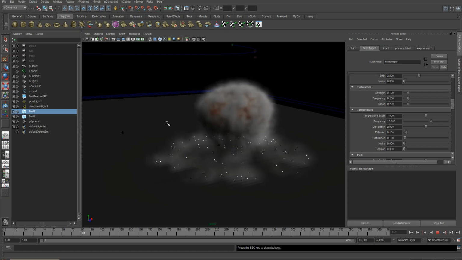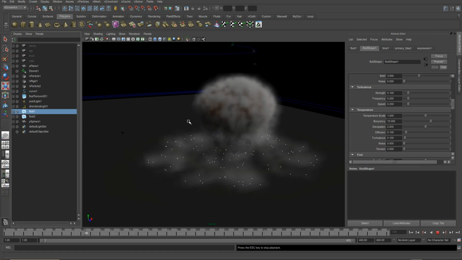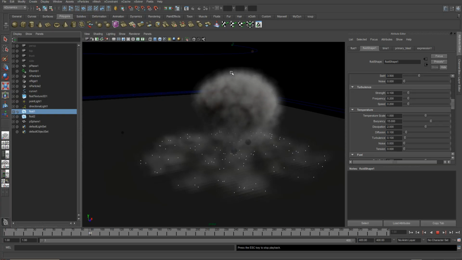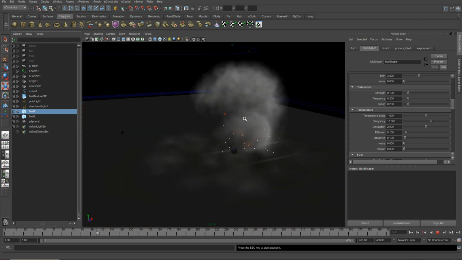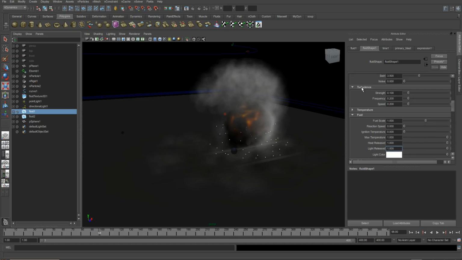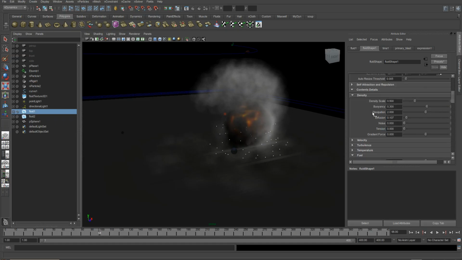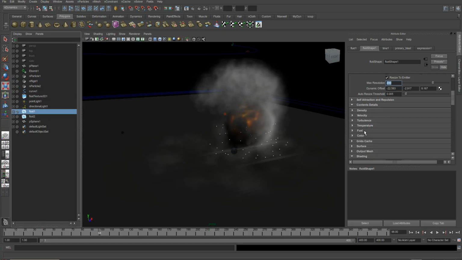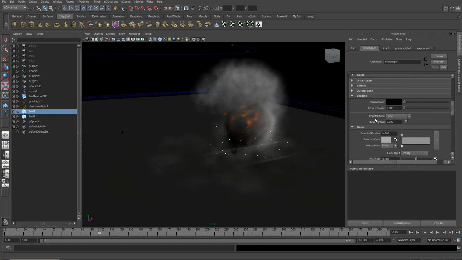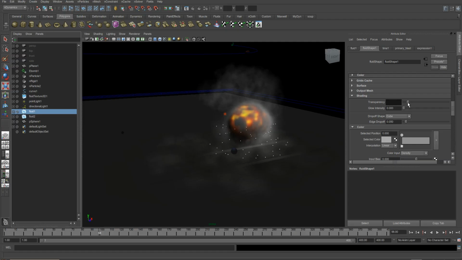Okay, this is looking more like it. Temperature's fading out nicer, and this isn't dissipating quite so quickly. Okay, so I think we can actually do a bit of shading now. So under the shading tab, I'm going to make this slightly less transparent. There we go. It's a bit thick at the moment. I'm going to change the edge drop off to none,